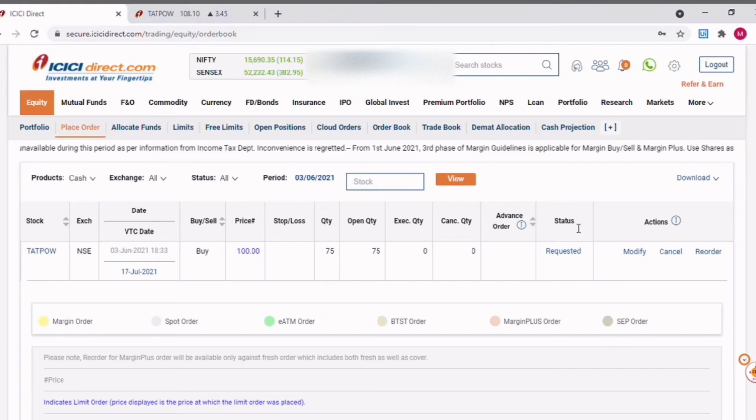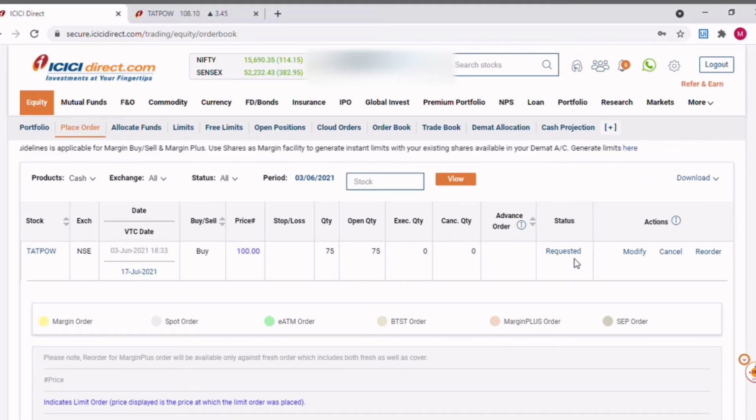In the status column you can see it is being requested. Once the market is open, it will be awaiting execution. Once the price of the stock reaches 100 rupees, you should be able to see the status as executed. That is what it means when the order has got executed.